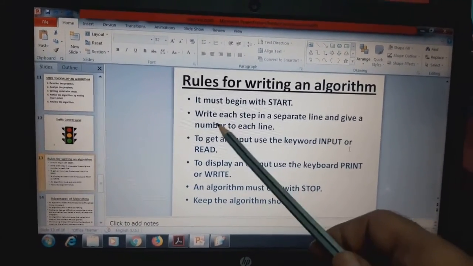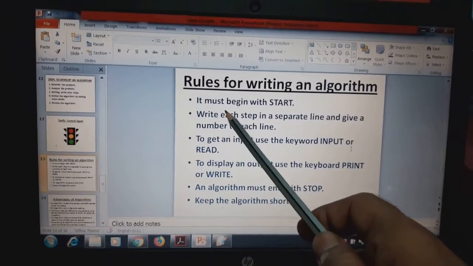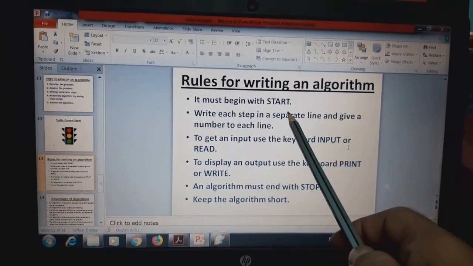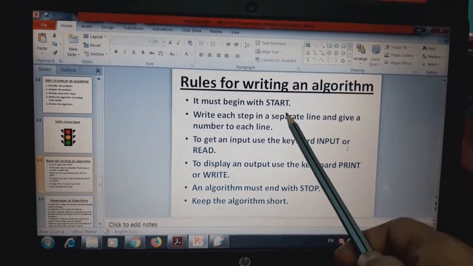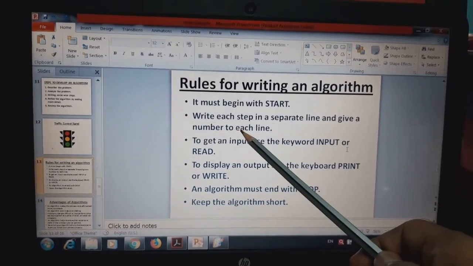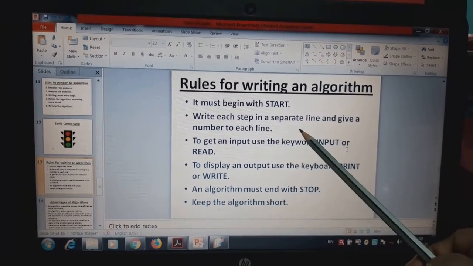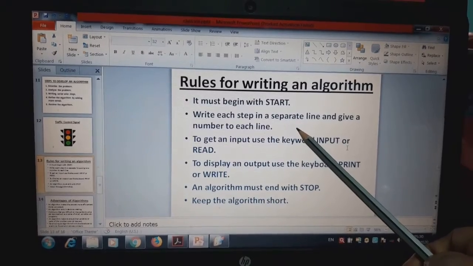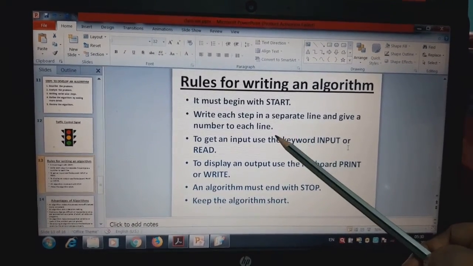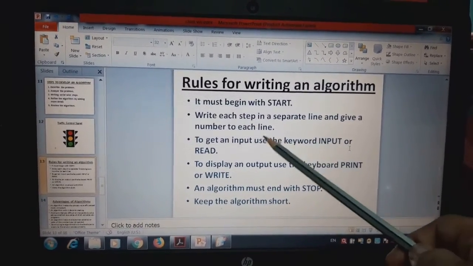Now rules for writing an algorithm. First rule, it must begin with a start. Second rule, write each step in a separate line. You have to write your algorithm in separate lines and give a number to each line.